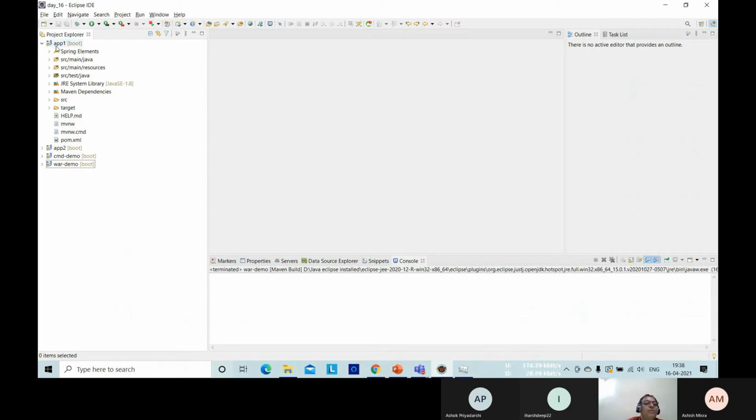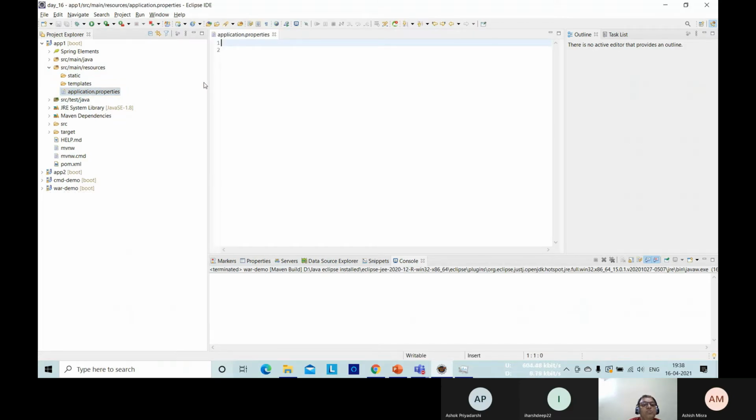So for both the applications, app 1 and app 2, I shall try to use different ports. So there is application.properties. I gave, suppose, 9090. Okay, and then save it. So my app 1 is running at 9090.